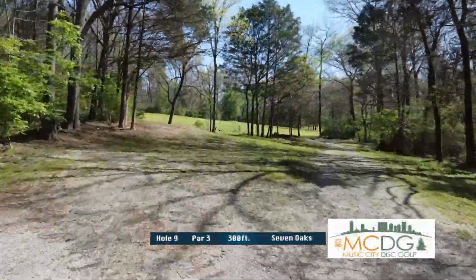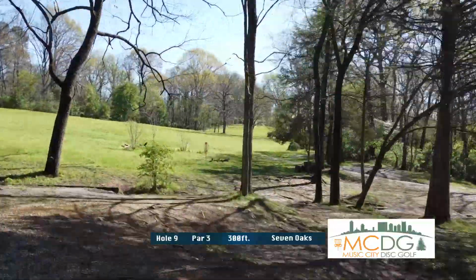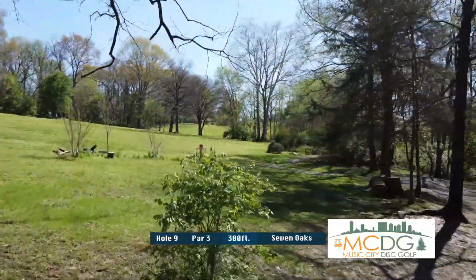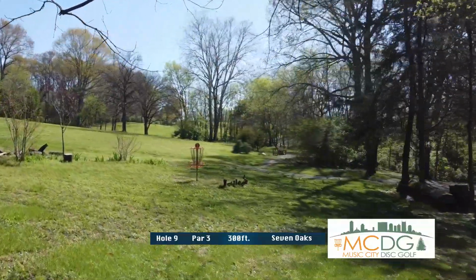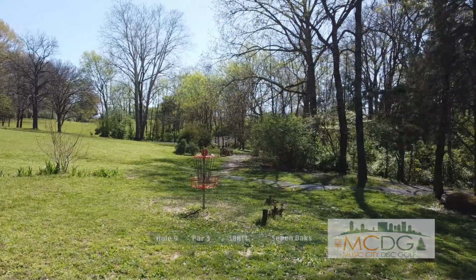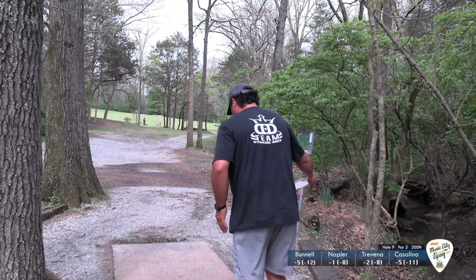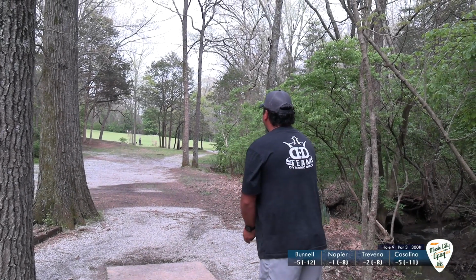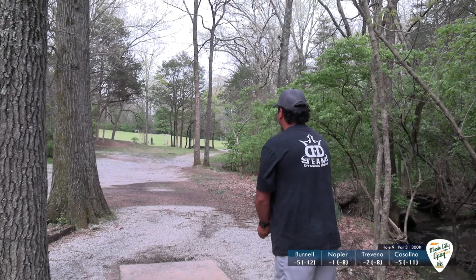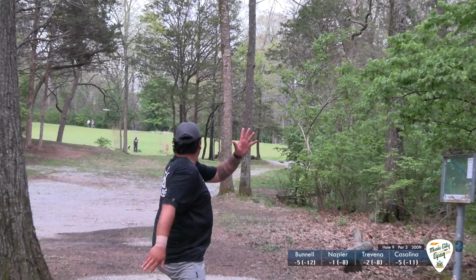Push it. Yeah. Here we got hole 9, pretty straightforward. Straight up the gap here, 300 feet. I don't know where this drone's going, but it's pretty point and shoot from the tee pad to the basket. You kind of just want to miss the one tree and make it move a little right. This is a fun tee shot. You can see the 2 little trees in the middle of the fairway there. I basically aim at those and just make my disc move just a little right,